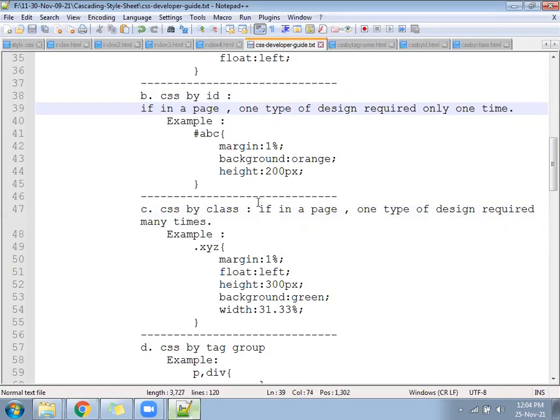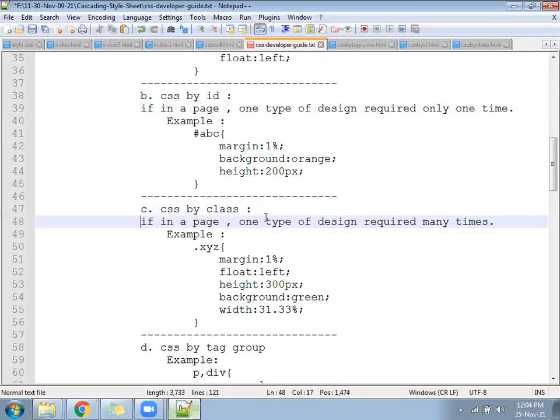Here it says, if in a page, one type of design is required 10 times. So now we have created a file, CSS by ID.